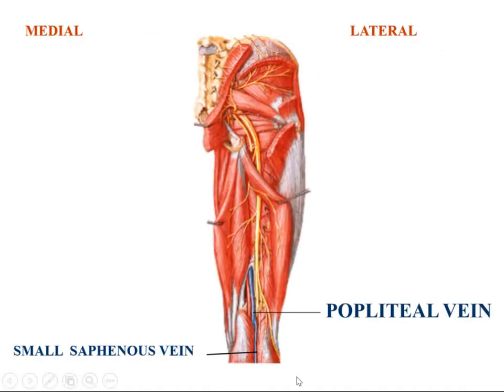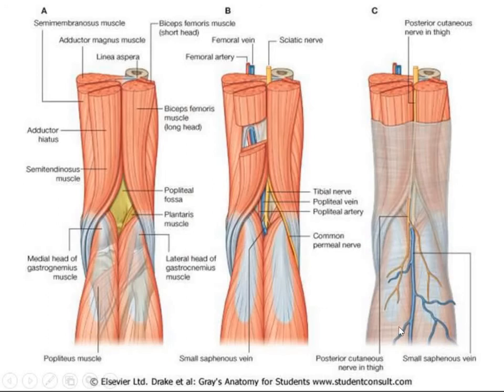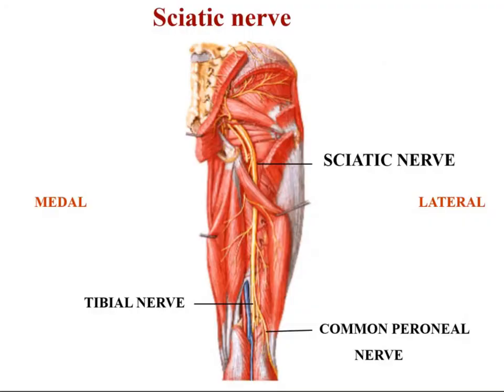So you can see here we have this small saphenous vein which is lying between the two heads of gastrocnemius, and it is draining and terminating into the popliteal vein in the popliteal fossa. Okay, so this is your small saphenous vein which is finally draining into the popliteal vein. ठीक है, then